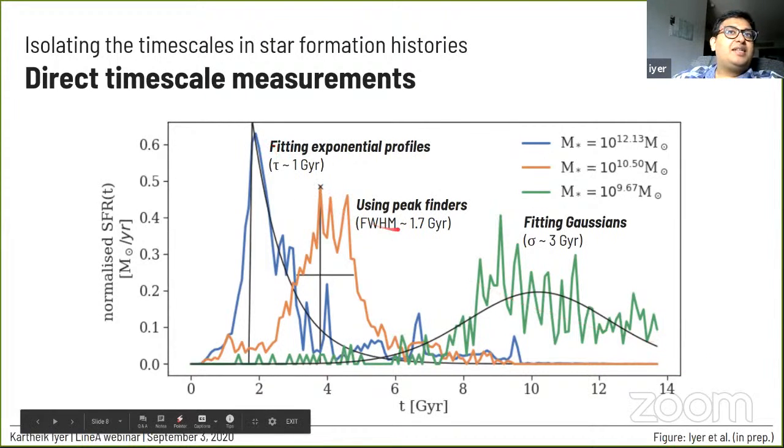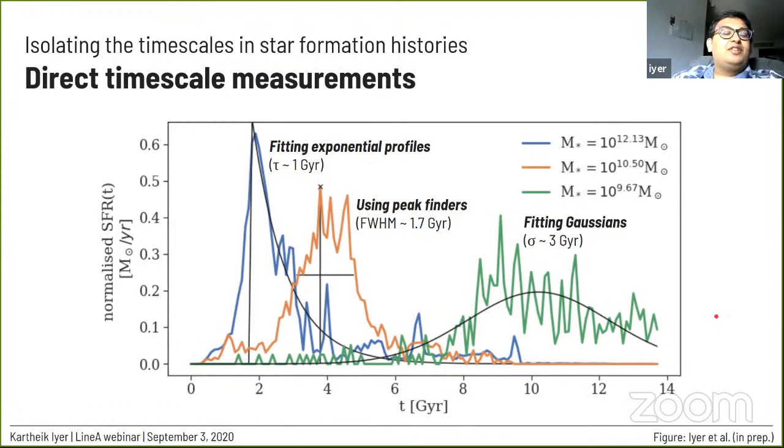And so these sort of summary statistics give you an estimate of what's going on in the galaxy and how long it's taking. Studies that do this are really important because looking at the average behavior of star formation histories across cosmic time or across different stellar masses gives you an idea of how much time the physical processes that are dominant in these galaxies act for.